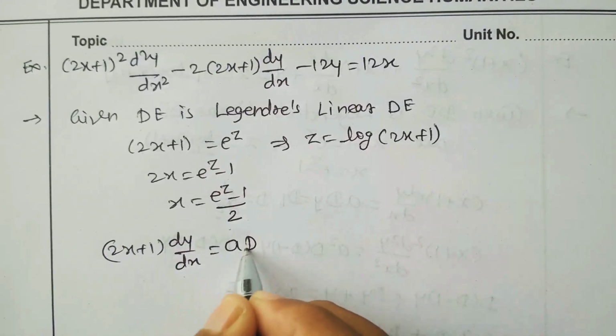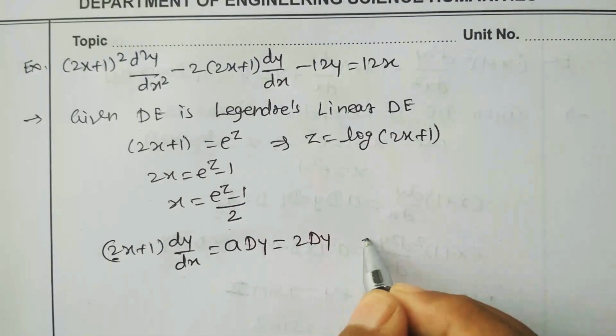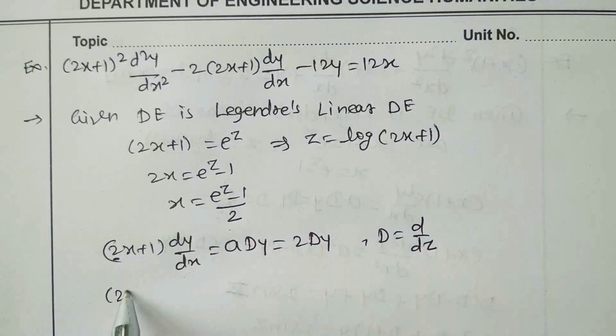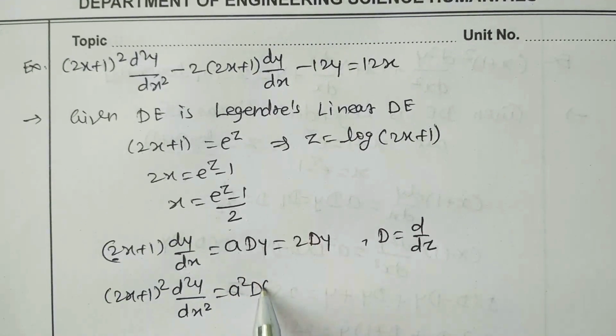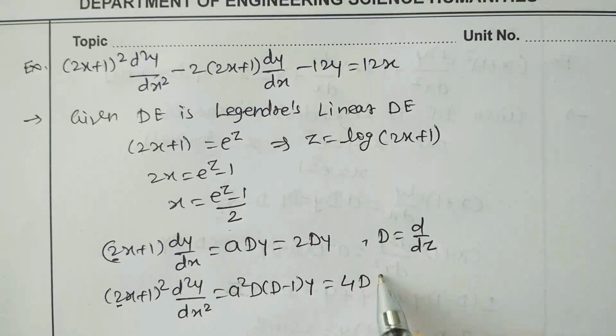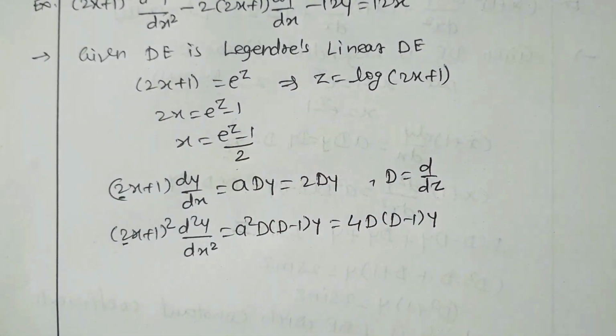It is a times capital D y. Here the value of a is 2, so 2Dy, where D is d/dz. And the value of (2x+1)² d²y/dx² is a² D(D−1)y. Here again a is 2, so a² is 2², that is 4D(D−1)y. So after using this substitution, the given differential equation becomes